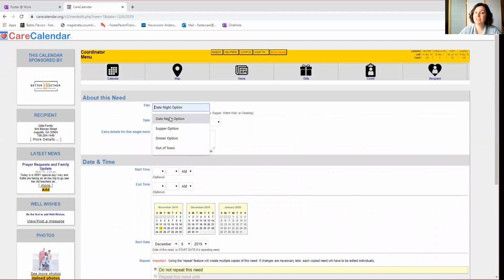Put date night option. Choose childcare from the drop down. And then under the extra details for this need, we just tend to put in the contact, the foster mom's name, whatever that may be, and then in parentheses her phone number